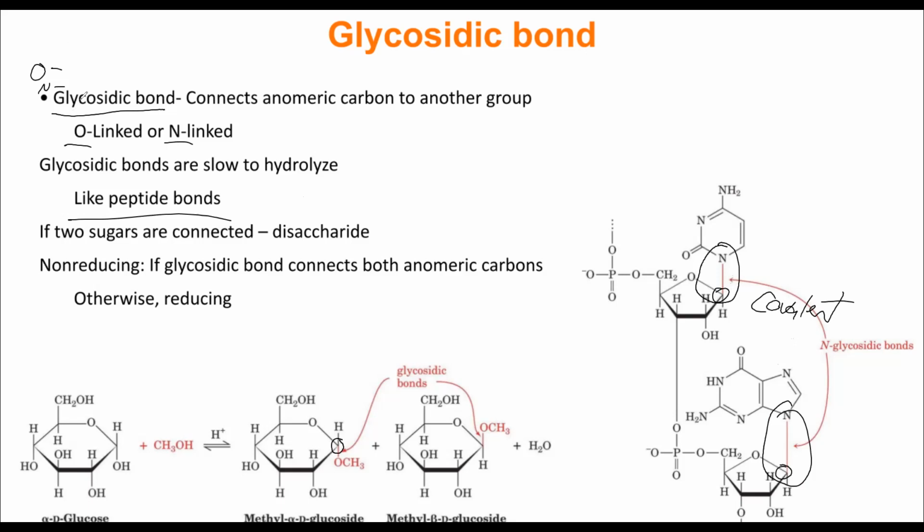Now, if we form a glycosidic bond between 2 sugars, and those 2 sugars are connected by a bond, we call that a disaccharide. So di means 2, saccharide means sugar, so this is 2 sugars. And if we connect sugars, we get more special naming. If the anomeric carbon of our sugar is connected by a glycosidic bond,